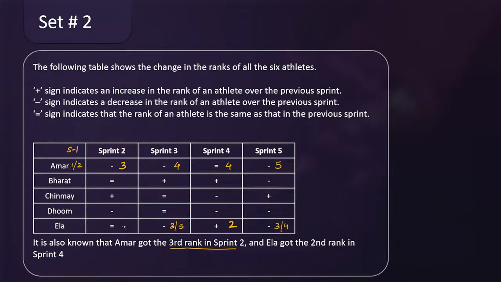Okay, now let's check from sprint number 2 to sprint number 3 क्या हो सकता है. So sprint number 2 to sprint number 3, the rank has decreased. Okay, so if I consider 3 here, so rank has decreased. Okay, so यहाँ पे it can be either 1 or 2, right? It can be either 1 or 2. If it is 5 or decrease हुई है rank, so that means it can be either 1, 2 or 4. It can be any of the ranks. So we are not clear about this.